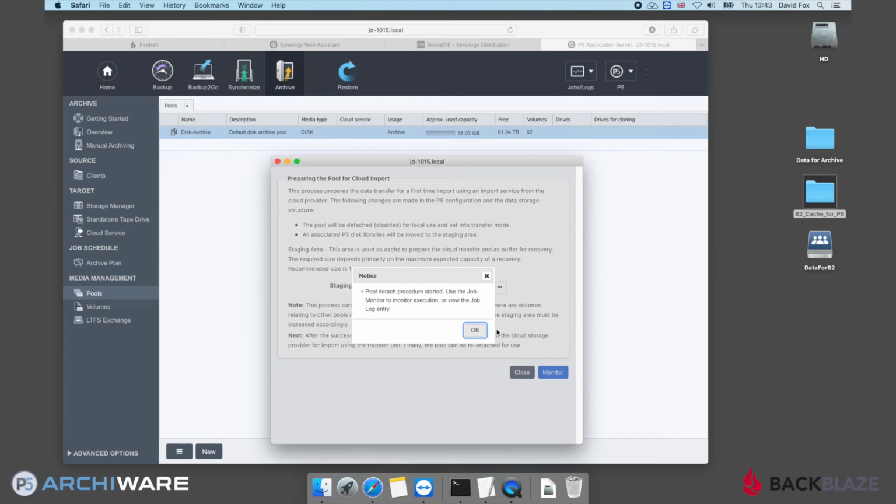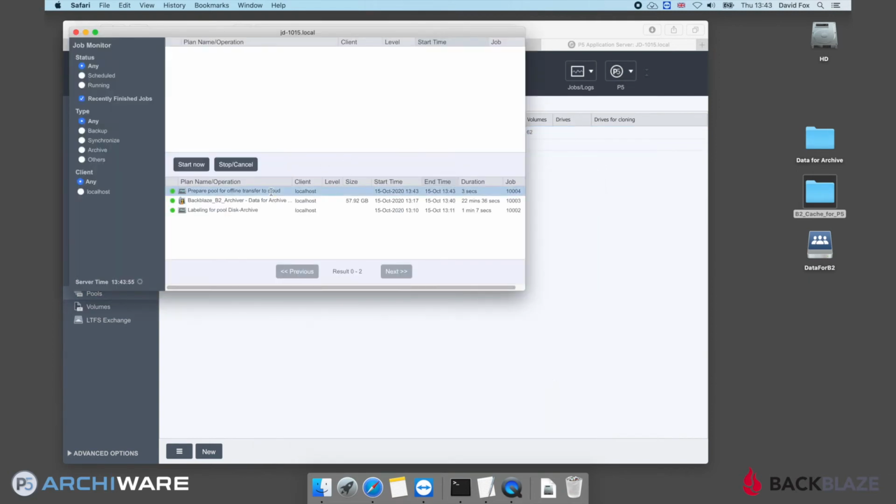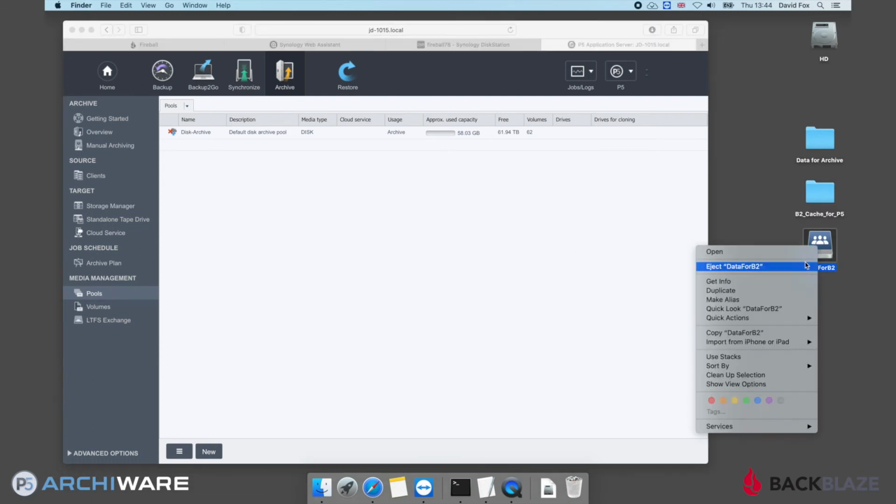So the job monitor will let us see, if we click on it, that there is a job which has run to detach the pool, which is completed successfully. So we are now finished with all that we need to do in the P5 interface. Before I power off the Synology, I will eject the share from the Mac, like so,